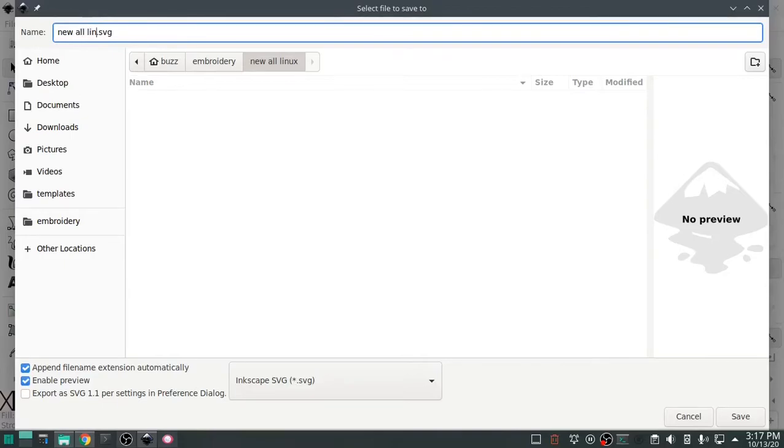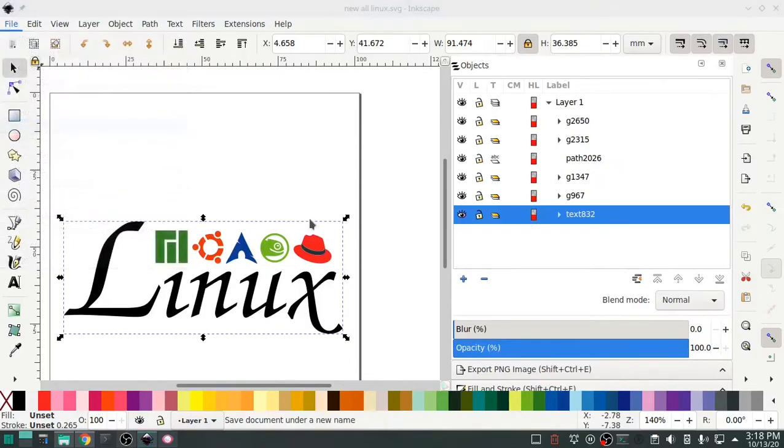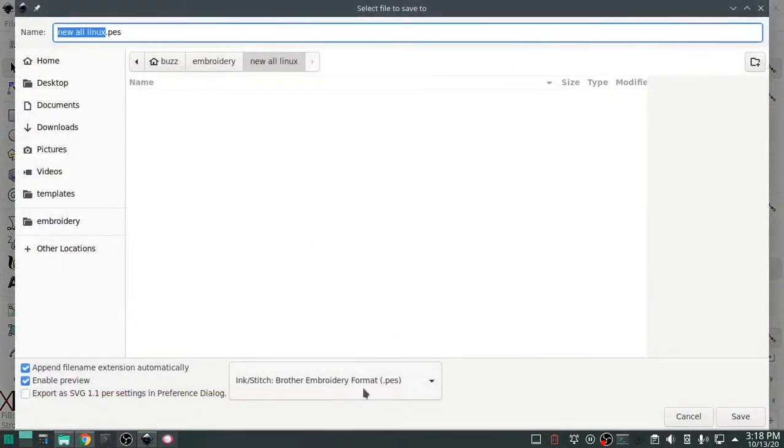New all Linux. Always save your file as an SVG, because once you save it as an embroidery pattern, you can't really edit it unless you're just adding another embroidery pattern to it. So if I wanted to edit any of this, I'd have to reload the SVG. So now that it's saved as an SVG, now you can save it as whatever file your